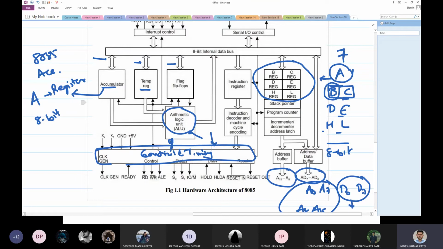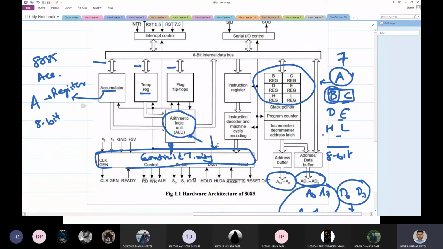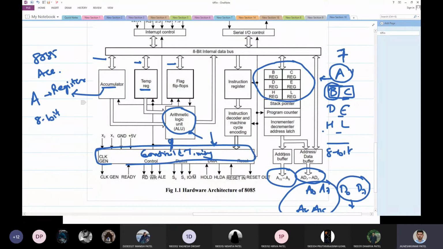Then the timing and control unit will decide what to do with this instruction and how to do that, and accordingly it will send the control signal to all the other peripherals available inside your 8085. Okay, so it will decide when to do the sum, but who decides to do the sum? We are instructing using this instruction register. So this is how your 8085 works internally. But we will come here one more time and see in detail how these things work.